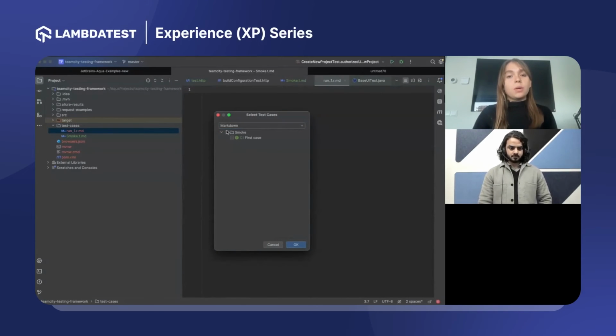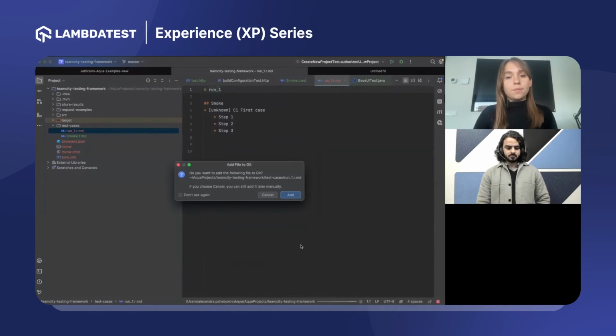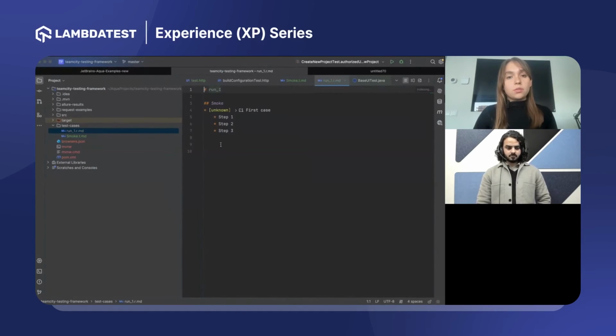So actually right now we have only 1 test case, but if you create more, you will have the whole list of test cases right here. And you can choose all of them which you need. And after that, just click OK. And also we suggest you add it to your version control system. And after that, here you can